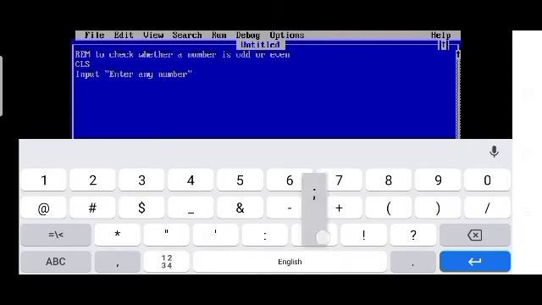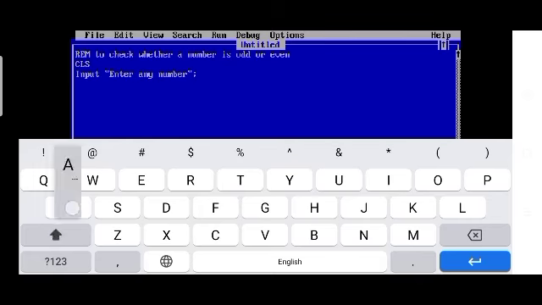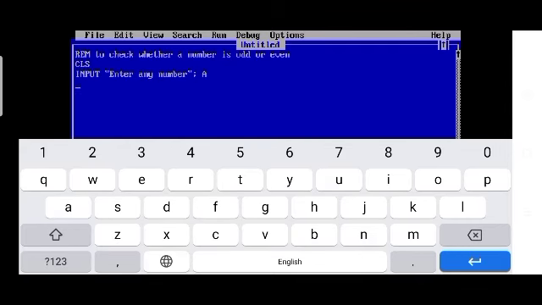Then you have to give a semicolon, don't forget. Then give a variable. I am giving the variable a. So the number the user gives will get stored in variable a.